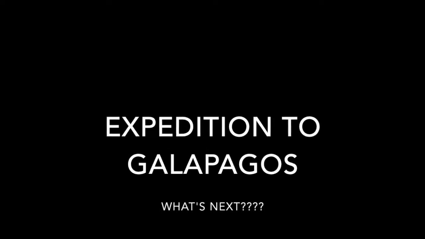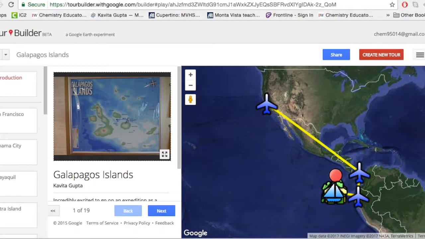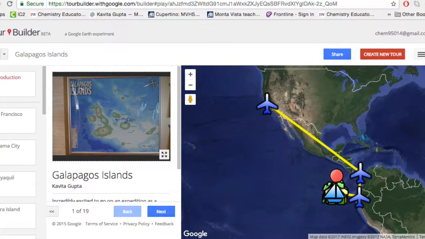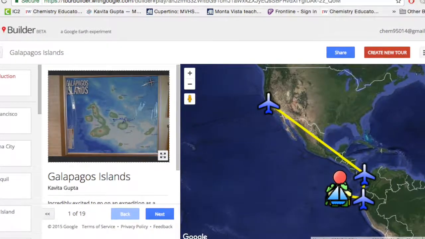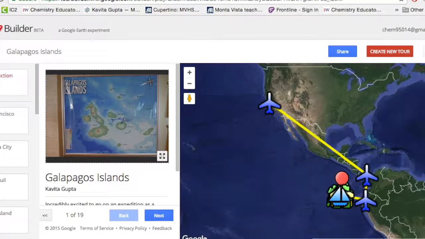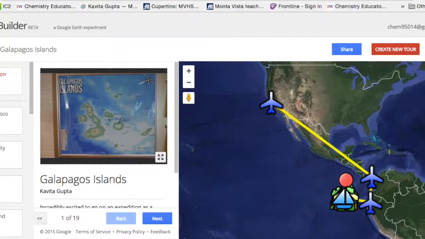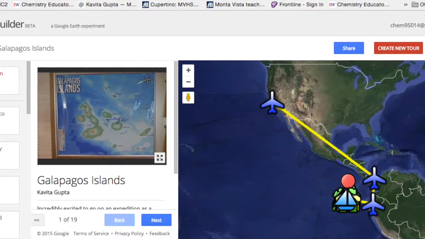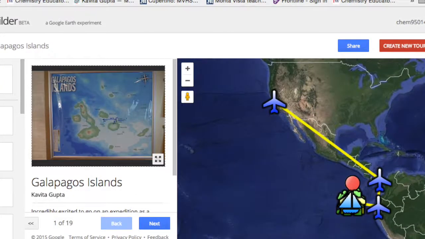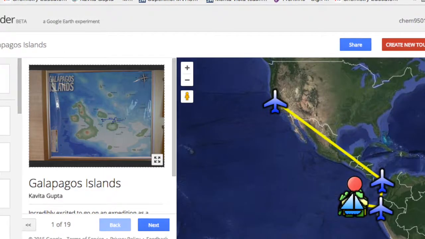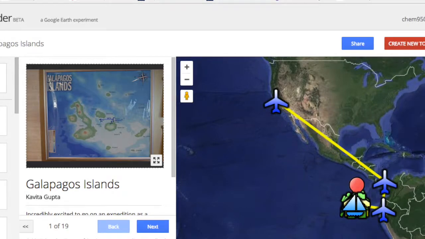As part of the Grosvenor Teacher Fellow program, I had the privilege to go on an expedition to the Galapagos Islands thanks to National Geographic and Lindblad Expeditions. It was truly a life-changing experience to see islands where the natural world is not impacted by human activity. From this expedition, I am hoping to bring a collaboration between my students from Cupertino, California, and students from Tomas de Berlanga School in Santa Cruz, Galapagos, around global citizenship and environmental issues. We each will have lots to learn from the other.